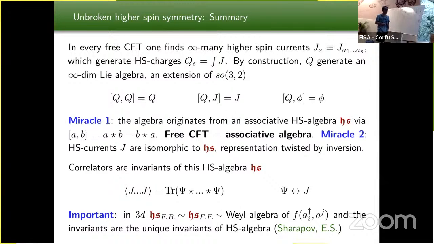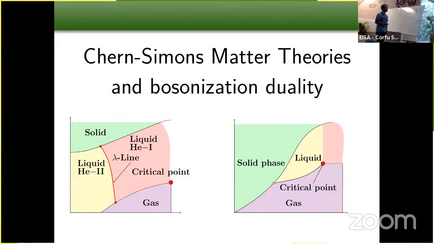This is this Weil algebra of functions of A, A dagger, or you can think of this as a Moyal-Weyl star product algebra. And one can also show that these traces are unique invariants of this algebra. So there are no other invariants that can play a role of correlation functions. Good. So now let me explain how we can